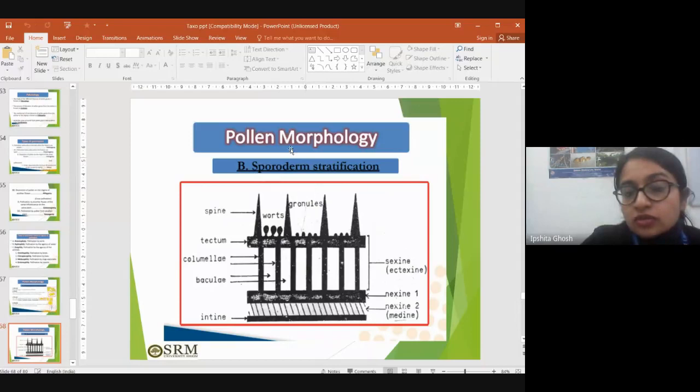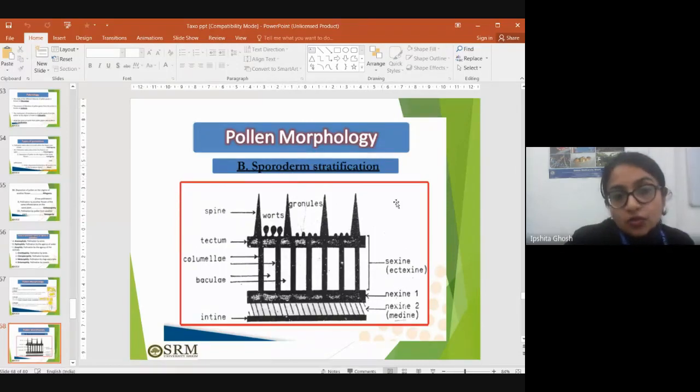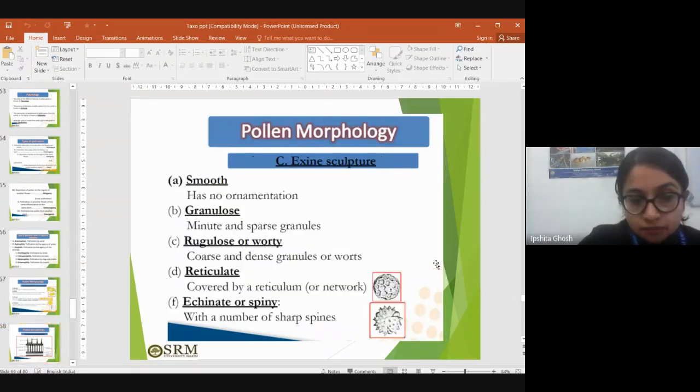Another term for the description of pollen morphology is sporoderm stratification. I will come to it. Stratification here means architecture, the way the external structure of the pollen is arranged. So as you can see,